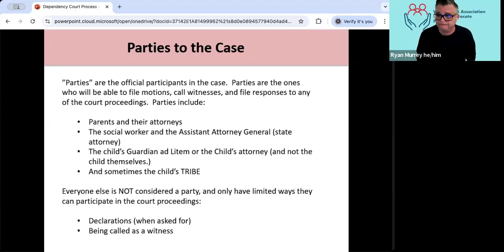Judges do it too. Before judges came to the bench, sometimes they were AGs, or parents' attorneys, or just attorneys in general, and may have represented one or more of the clients. They have to look and see, have I ever represented that person? If so, they have to say, I have to conflict out. I can't be the judicial officer on this hearing because I have a pre-existing relationship with this client.